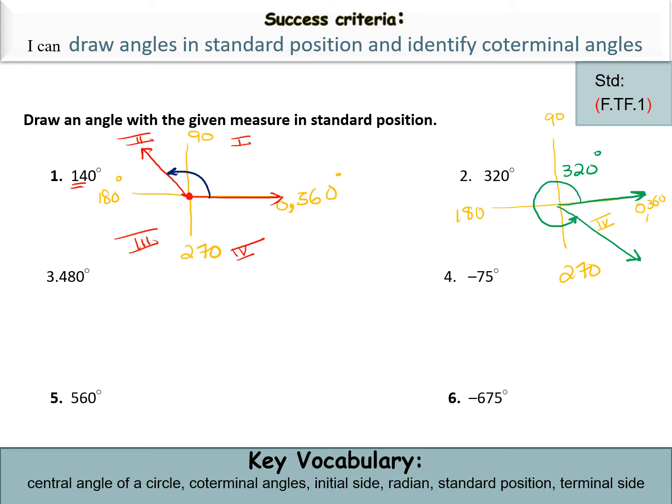Let's try to make negative 75 degrees. How will you make this negative 75 degrees? Of course, this negative 75 shows that you have to move in the clockwise direction. So in the clockwise direction, the scenario is changed. Here again 0 degrees. In the clockwise direction, this is your negative 90 degrees, here negative 180 degrees and here negative 270 degrees. Again you come back to negative 360 degrees if you move in the clockwise direction.